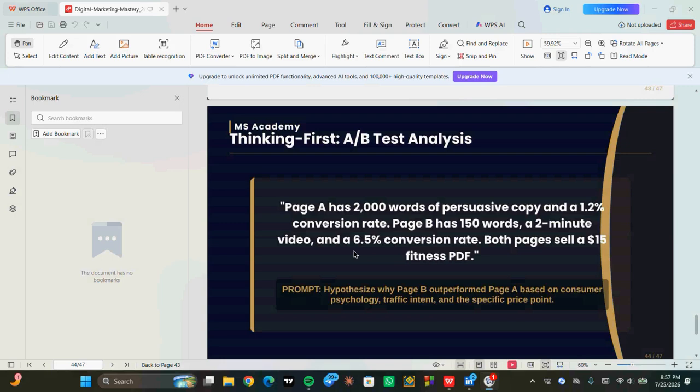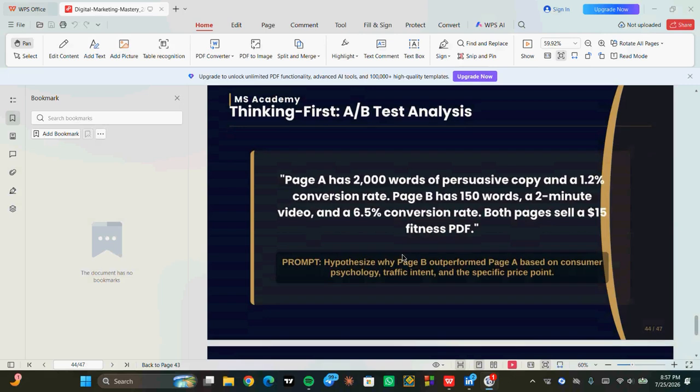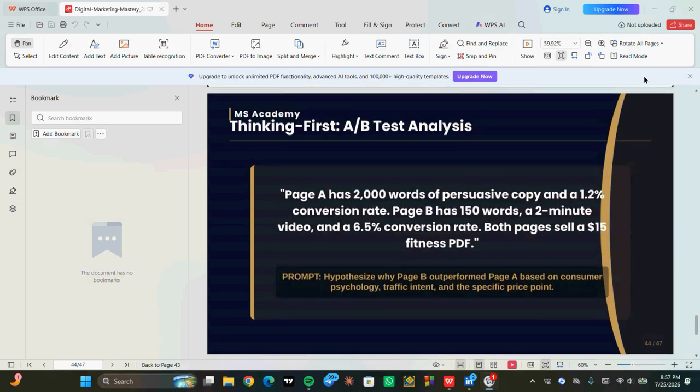Now, I'll read the question again. Page A has 2,000 words of persuasive copy and a 1.2% conversion rate. Page B has 150 words, a 2-minute video, and a 6.5% conversion rate. Both pages sell a $15 fitness PDF. The prompt behind it: hypothesize why page B outperformed page A based on consumer psychology, traffic intent, and specific